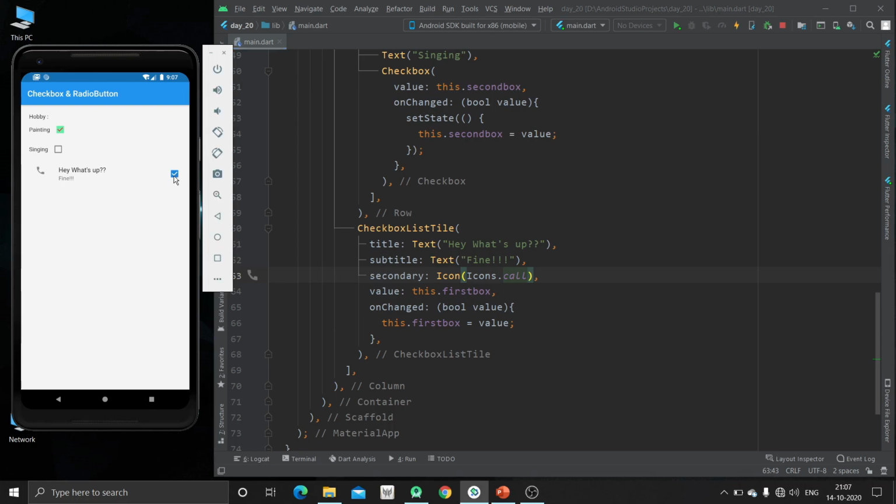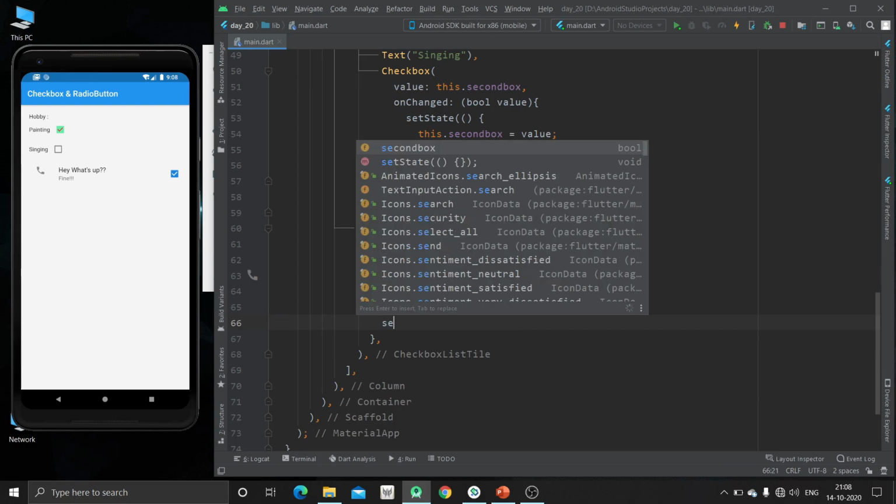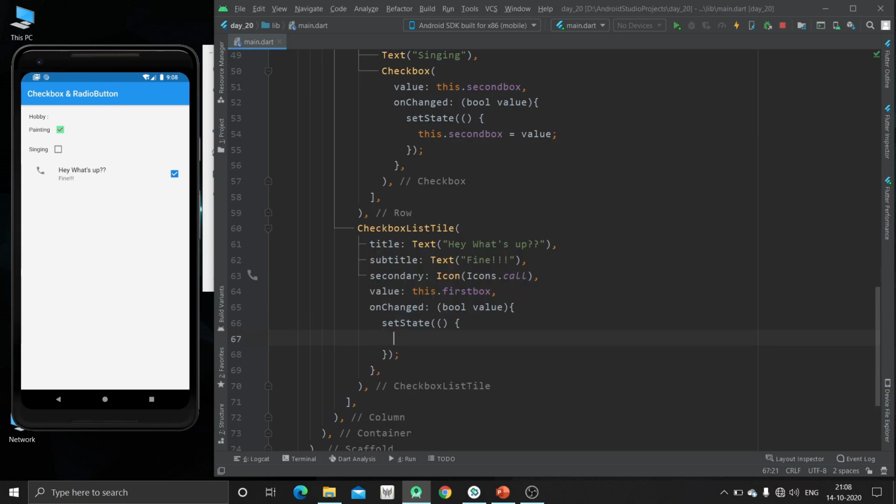So now you can see when we just click it, why has our value not changed again? Because we haven't specified the set state. So just cut it from here, use the set state method and paste it inside this.